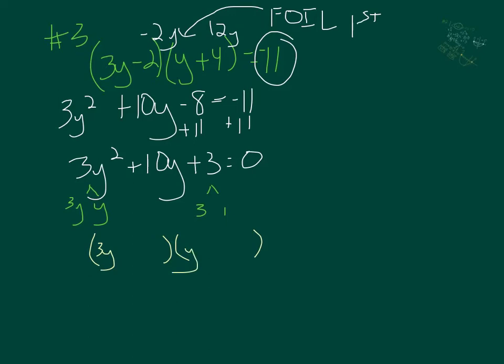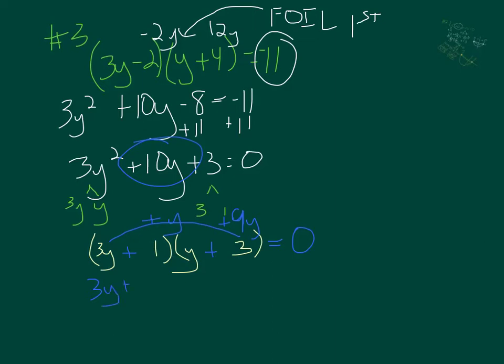So now you can either guess 3, 1 or 1, 3. But I'll give you a hint. The ones that you guess cannot have any factors in common. So don't guess 3, 1. Guess 1, 3. If you put a 3 with a 3, you're definitely going to be wrong. So we've guessed. Now we check. We check by doing our outers. 3 times 3, that's just 9y. 1 times y is just y. Can you make 10y by adding them? Well, certainly, if both are plus. Well, if they're both pluses, then these are both pluses. You just factored